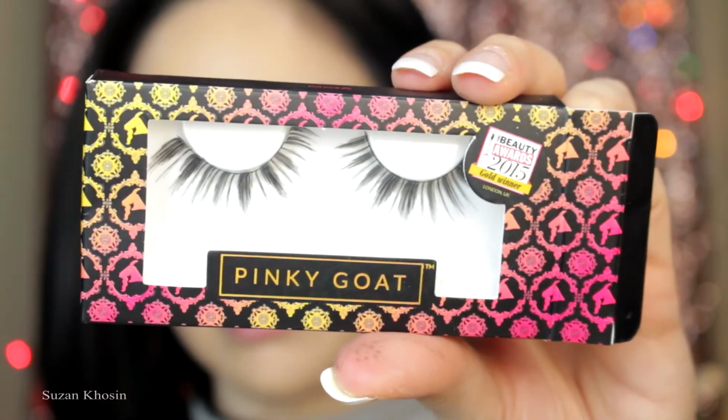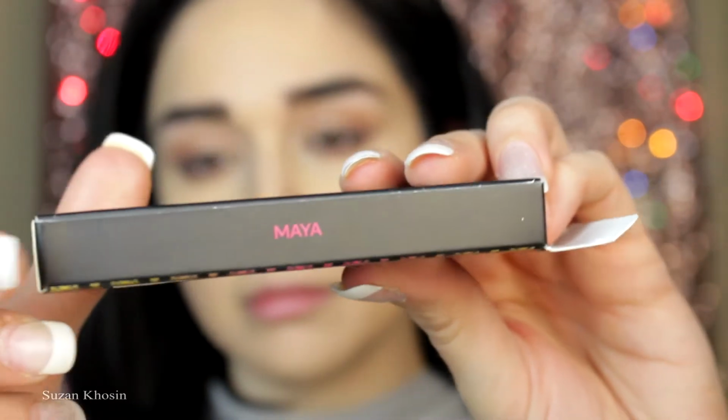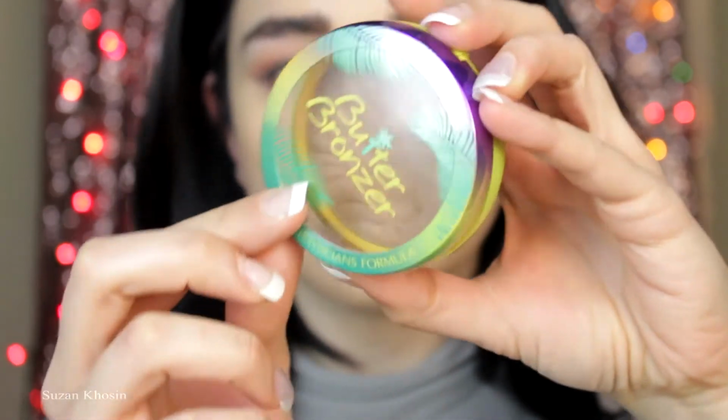Now I'm going to use Pinky Gold lashes. These are in the style Maya and I get them from Marshalls now, which is amazing. They're $5. To bronze my skin, I'm using Butter Bronzer by Physicians Formula,